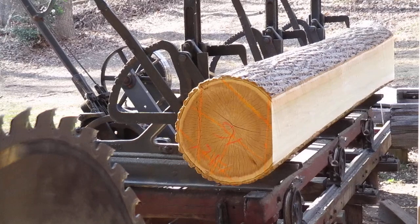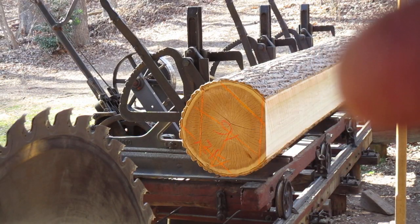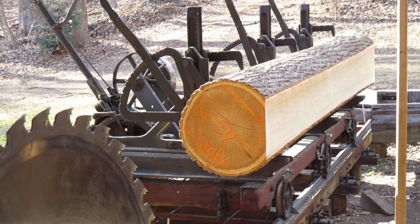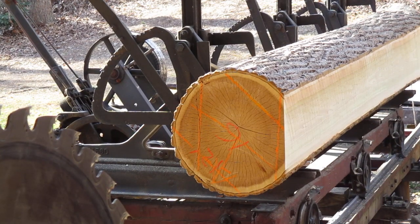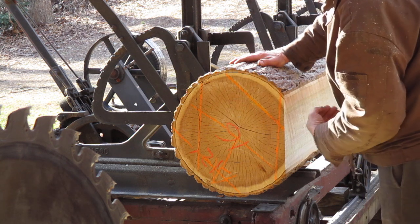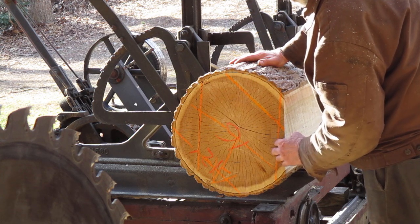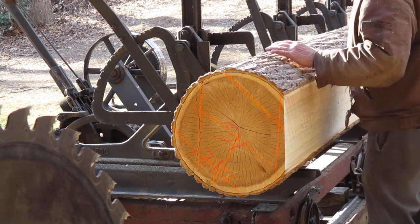What I'm shooting for is to turn this face up and put the level on it like you've seen in the others, because when you're trying to turn this down here, let me go over there and try to explain it. Right now this log is out of balance, okay? It wants to flip this way. I want it to roll that way and bring this side up and cut 10 inches, but the problem is when I'm down halfway,